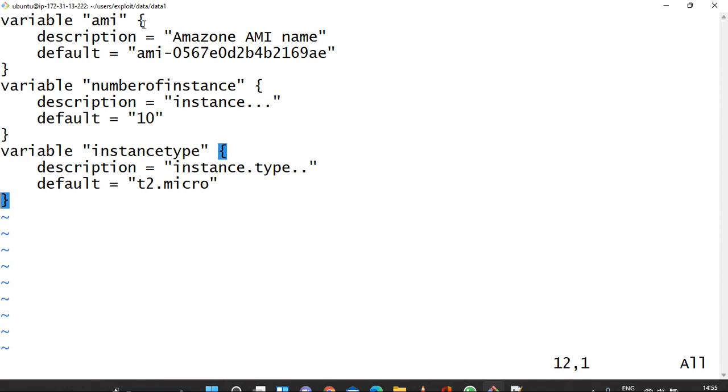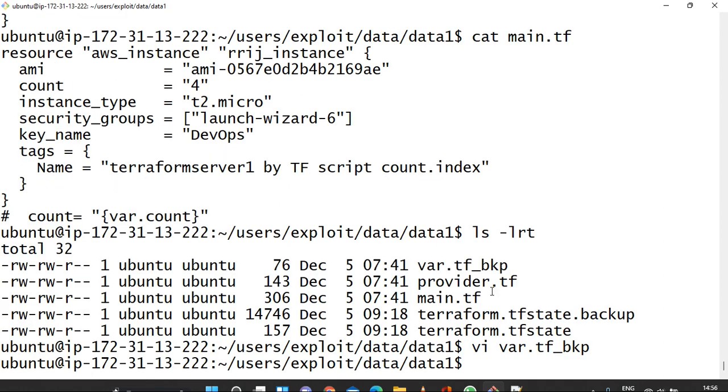See guys, first the AMI name variable we put, then the variable number of instances, it will be 10. And the variable of instance type will be t2.micro, like that. Let me rename the file.